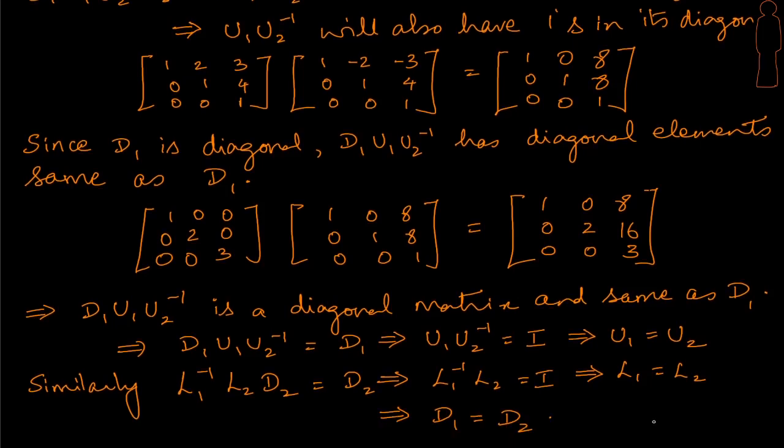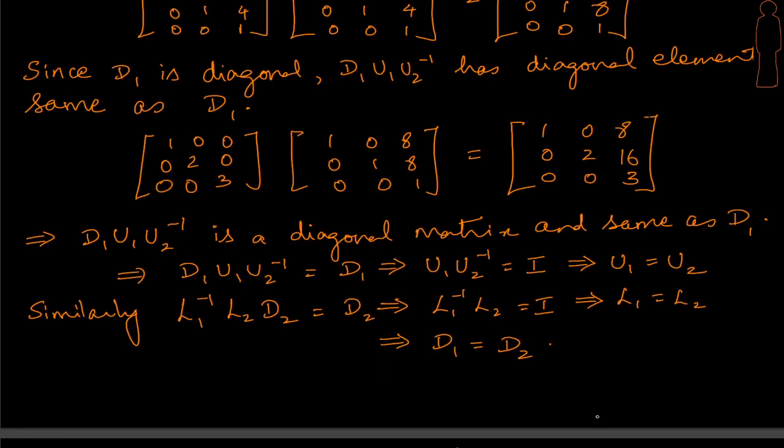We also just proved that the left hand side and right hand side are the same, and these are equal to D1 and D2, and since LHS is equal to RHS, what does this convey? It says D1 is equal to D2. We started off by assuming that we have two sets of factors, but what we landed up with finally is that they've got to be the same, and that shows that LDU factorization or LU factorization will always be unique for a matrix A that is invertible.